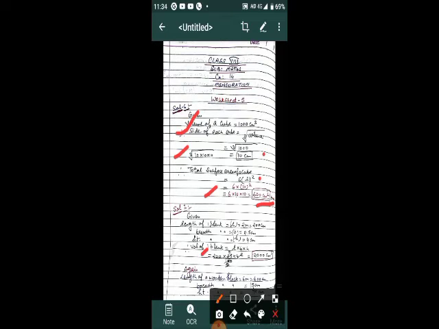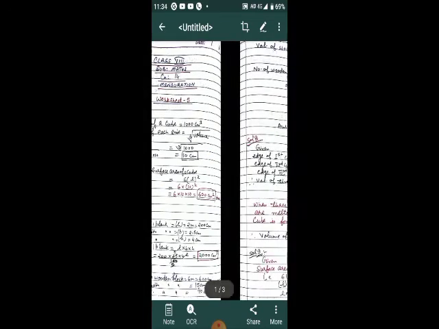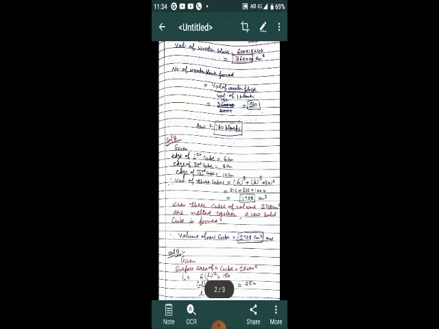And again, length of a wooden block is here. Breadth of a wooden block is here and height of a wooden block is given here. So you will find the volume of a wooden block as L into B into H. We have to find the number of planks formed.